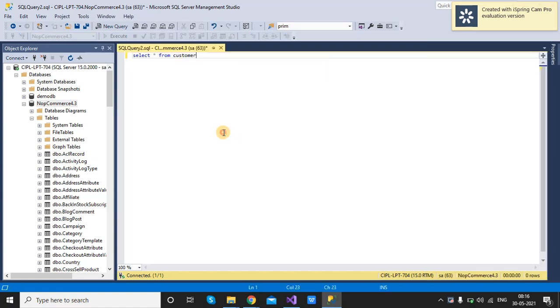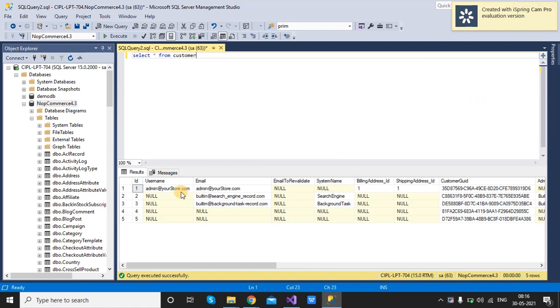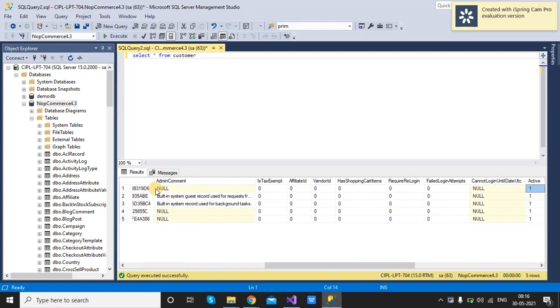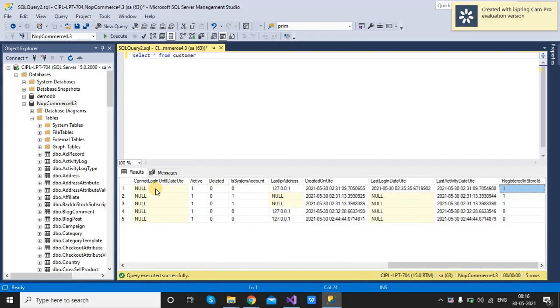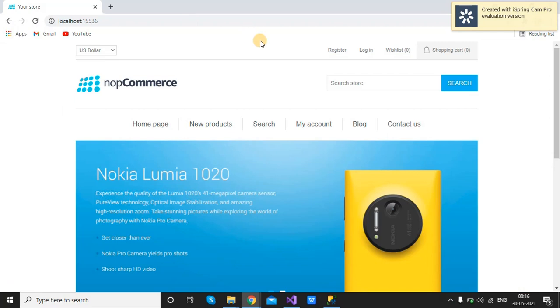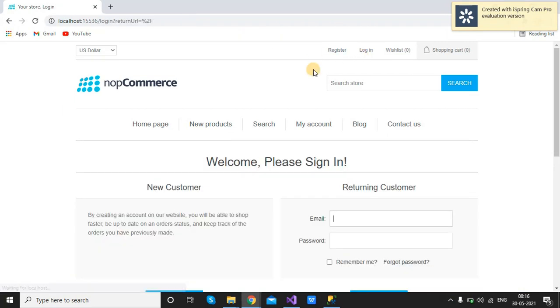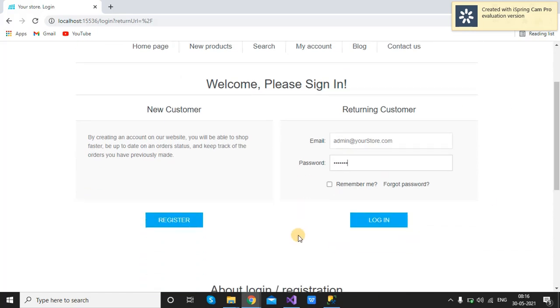You will find the details over here, like we had created the admin@yourstore.com customer. You can check the billing address, ID and all. We will discuss all the functionality later. Right now we will see after login, with the login and password taste123, and login.